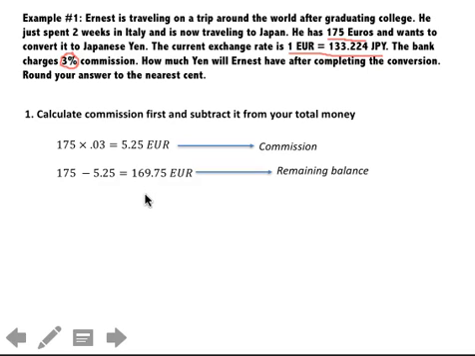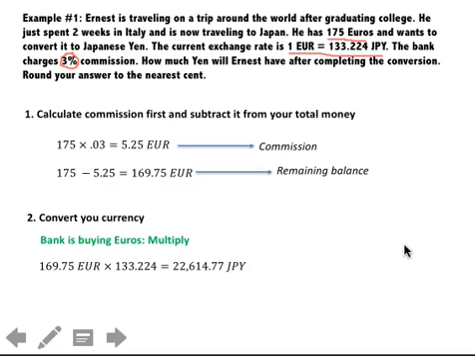Once you've completed the calculation for commission, now you can actually convert your currency. Now what I'm noticing here is I have euros and I'm trying to get yen. So the bank is buying euros, so I'm going to multiply by the conversion rate. So I'm going to take my 169.75 euros and sell that to the bank, which buys it from me and gives me yen in exchange, and they give me